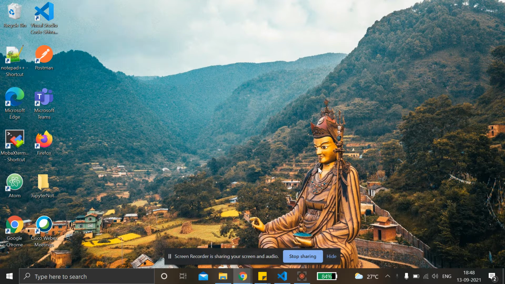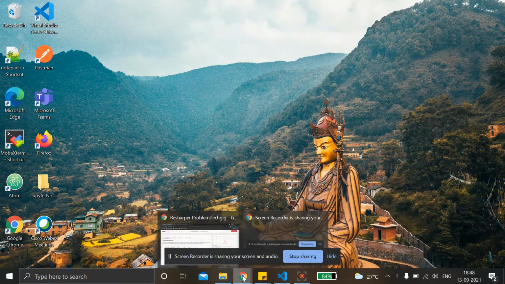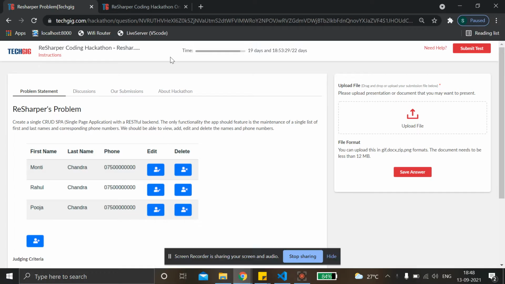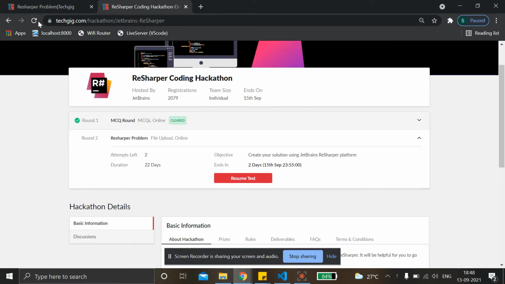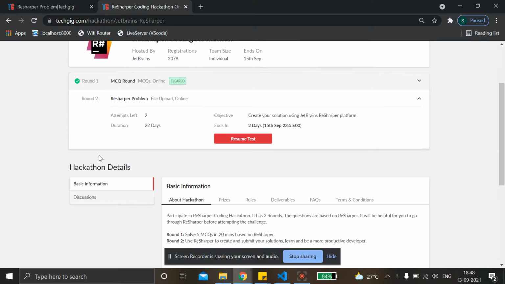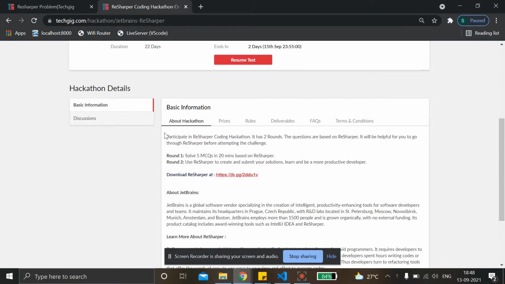So, today we would be looking at the ReSharper's problem. For those of you who are not aware what it is, please do check the TechGig challenge. Let me show you what I'm talking about. So, this ReSharper coding hackathon is going on, and so I went through this site and checked what's the problem